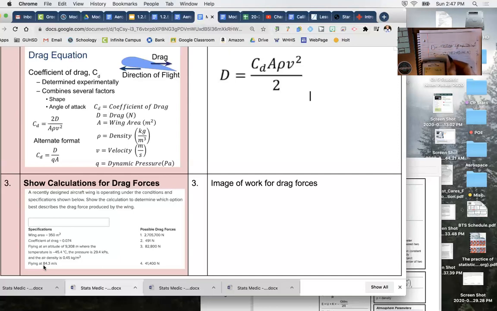And then I'm going to divide by 2. So I have 7,106.49. I'm going to now multiply times 0.45, multiply times 350 and 0.074. Then I take that number and divide by 2, and I get